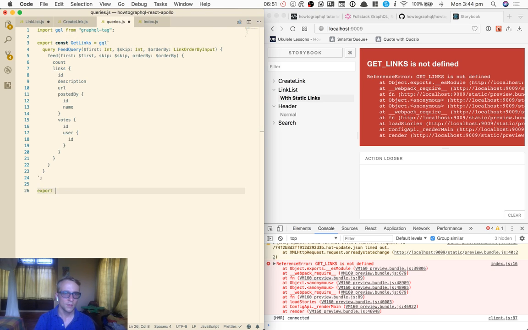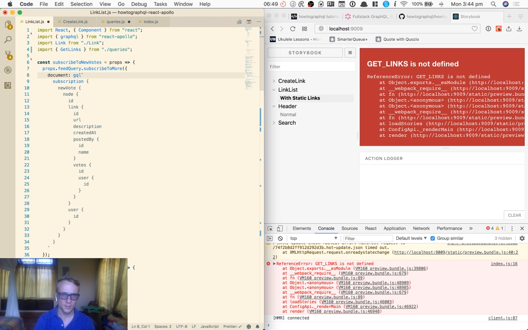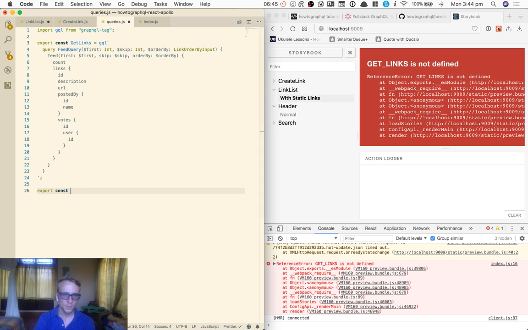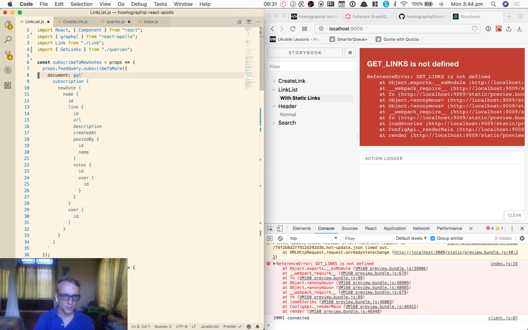Export const. As you can see, it has a lot of similarities. But I'm going to call it subscription new link. JQL. Oh, JQL. That didn't work. Okay, here we go. So I'm going to remove the document part and leave the JQL,